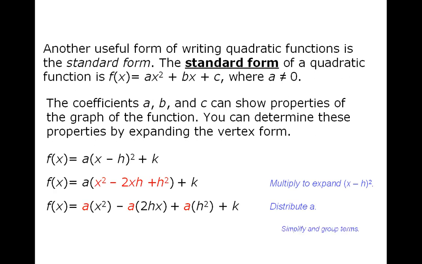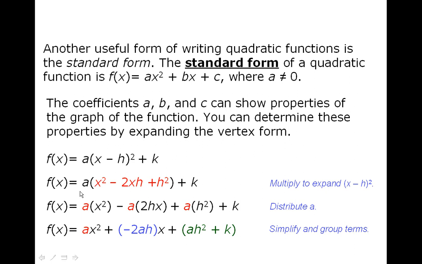So (x - h)² is (x - h)(x - h). If we multiply that out, we'll get x² - 2xh + h². And then you'll see in the front that a will now distribute across each of them. So I'll have ax² - 2ah times x + ah², and then they put it in parentheses, plus k. So if we group our terms together so that we have the first section, the second, and then the third,